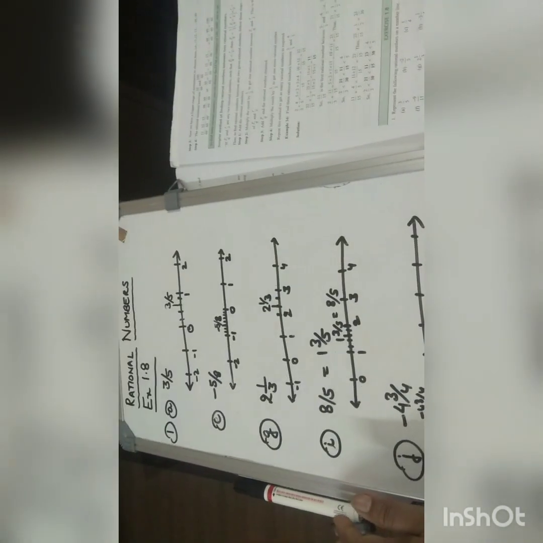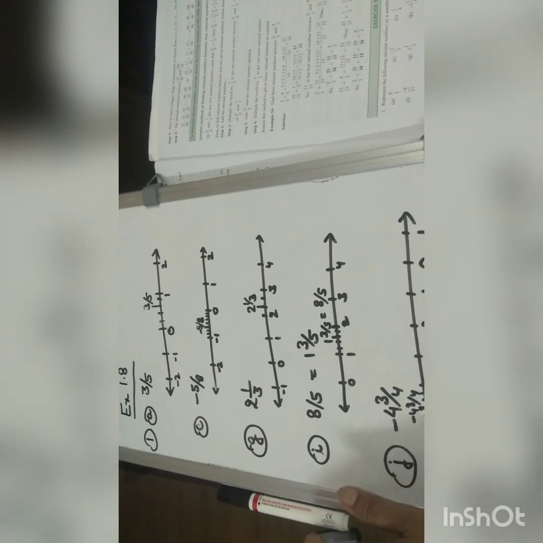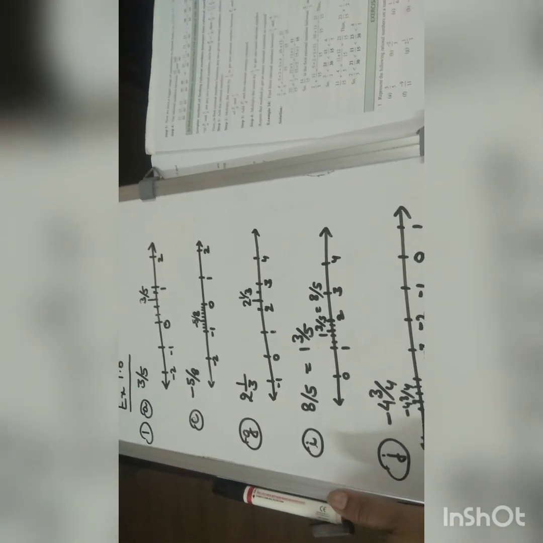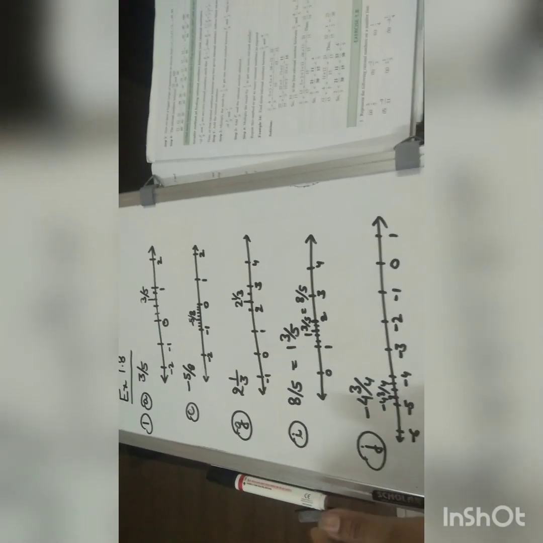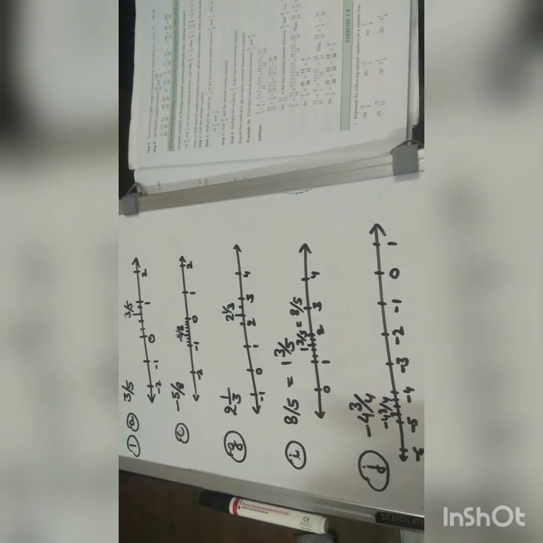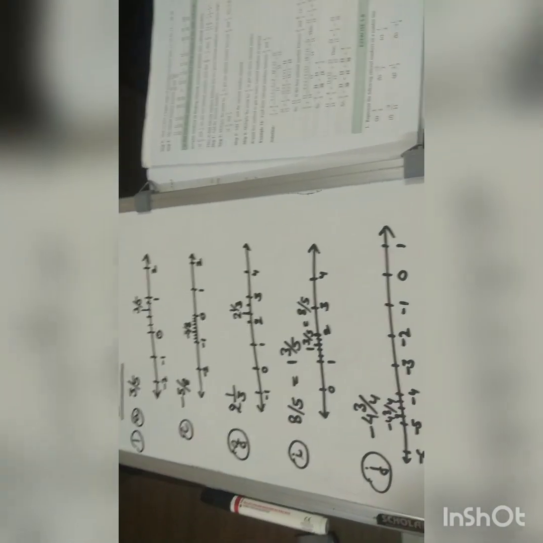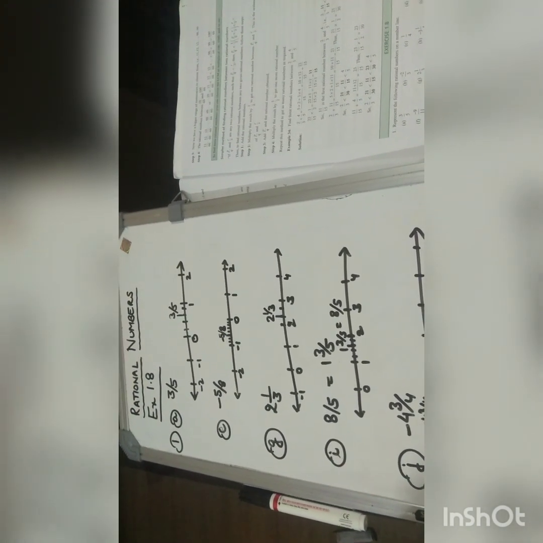So please do this work in your fair copy, and I have already said whenever you have subparts, you do whatever parts I have done along with odd numbers only, so that you will have enough portions in your copy. And if you want to do the practice, you can practice in your practice copy separately. Do all parts, that's up to you. You can do solved examples, you can do all the parts for practicing, but for fair copy you will do only the odd subparts. I hope it is clear now.